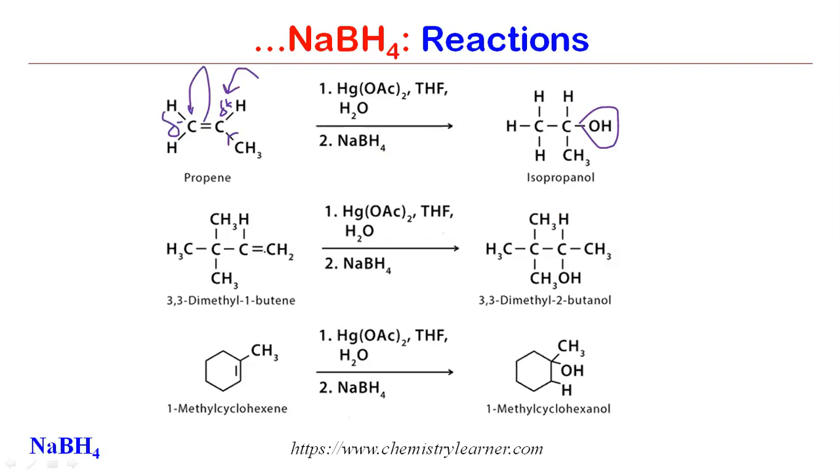If you have this alkene, you see here, this is an unsymmetrical alkene, and because of this plus I effect, this bond will be shifted, polarized in this way, that minus will be here and partial positive charge on this carbon. So OH will be added directly on this carbon, so we will get this compound.